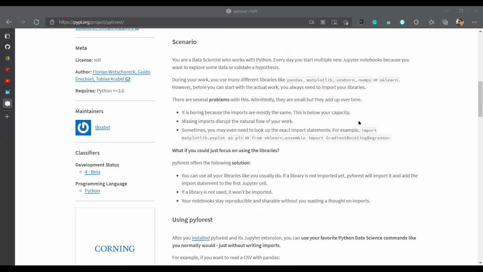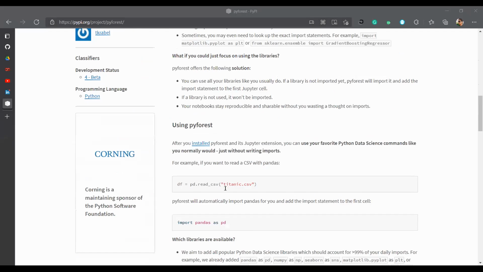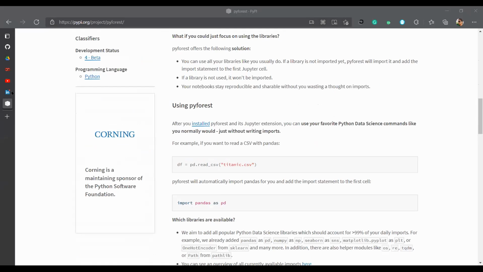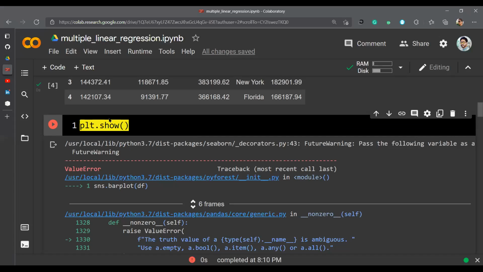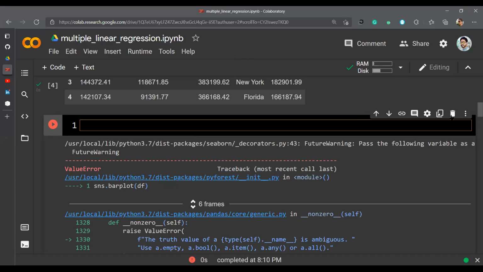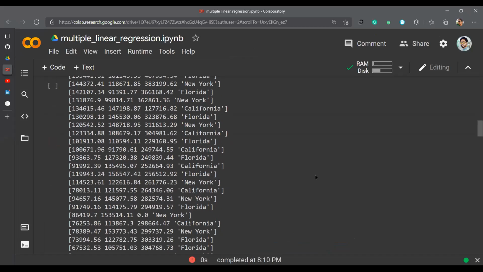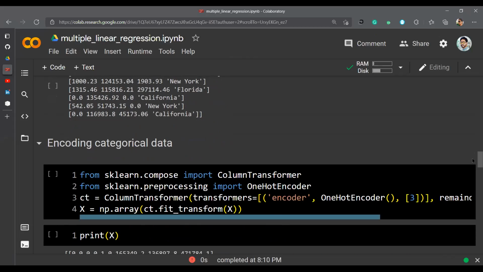Sometimes you may even need to look up exact statements. So I think scikit-learn is also available on that. You just need to install and import. I think I can give it a try for scikit-learn also directly. Yeah, my friend did tell me that it is much easier using this.